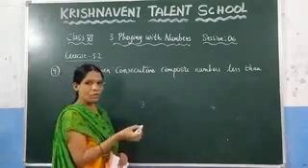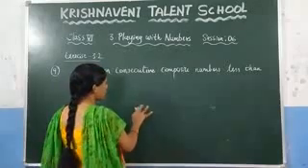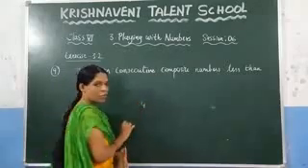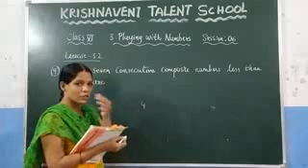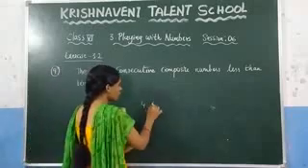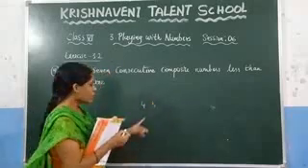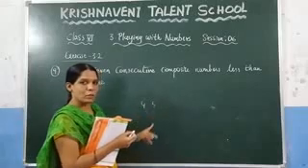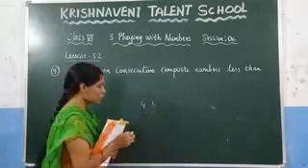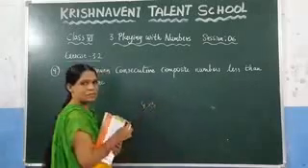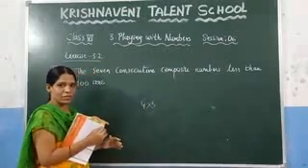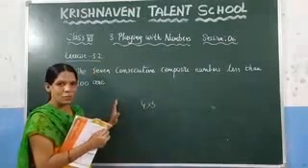Suppose you know that 3 is a prime number. And after 3, what will you get? Consider 4, since they ask for composite numbers. 4 is a composite number. What is the consecutive number of 4? You know that it is 5. But here 5 is not a composite number. It is a prime number, so you should not write this one. You have to write in such a way that all should be composite numbers.